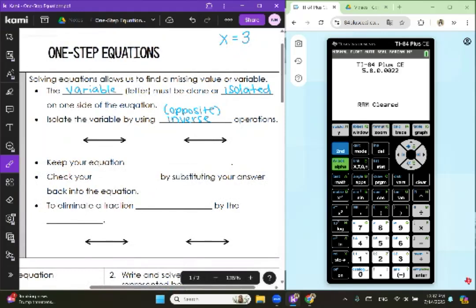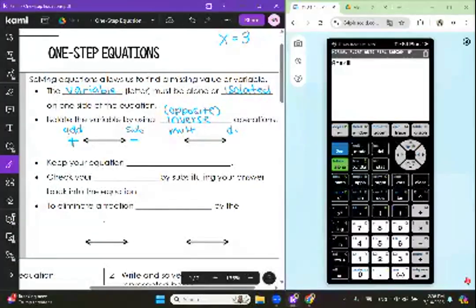Opposite operations. Okay, remember we have four main operations: add, subtract, multiply, divide. And those operations, if you look at your calculator, you can always find them here on the right side. Add, subtract, multiply, divide. Okay. So when we think about it, the opposite of adding is to subtract. The opposite of multiplying